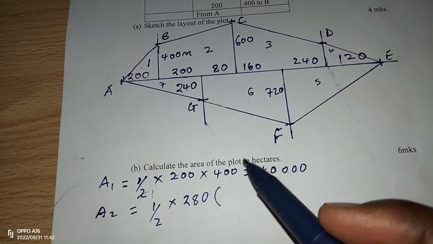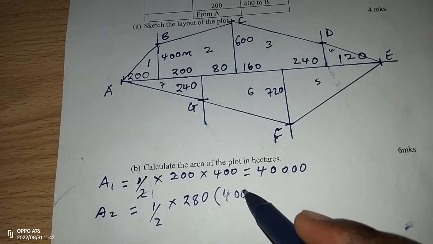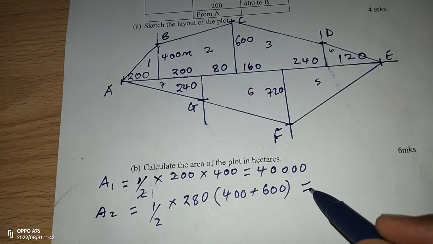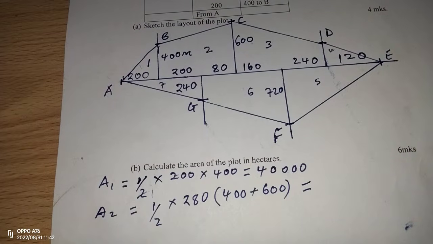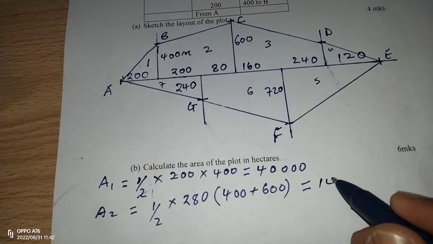Then now the sum of the two parallel sides, which is 400 and the other one 600. So now we can get 140. 140 after dividing by 2 times 1,000, because when we add 400 and 600, this will give us 140